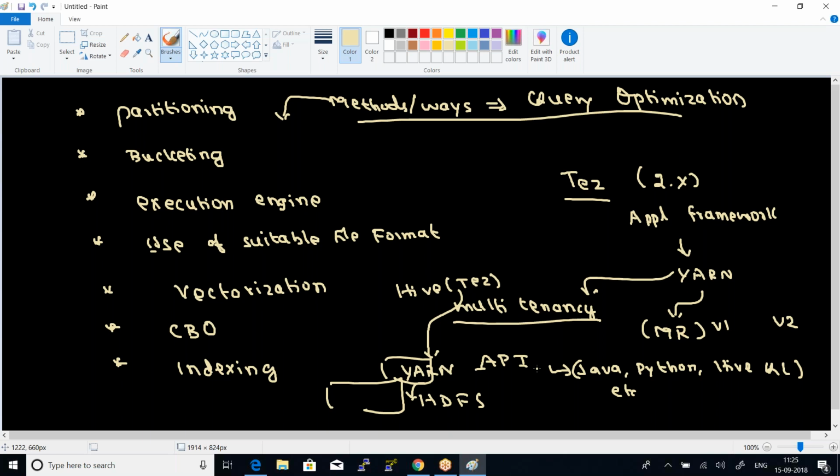We will discuss the installation, how to configure Tez, and how to use this framework to fetch queries. As of now, what I need to convey to you is that Tez is an application framework integrated in YARN, which provides several APIs that support Java and Python to access the data from HDFS in a very optimized manner. Now you know the concept behind partitioning and bucketing is a way by which